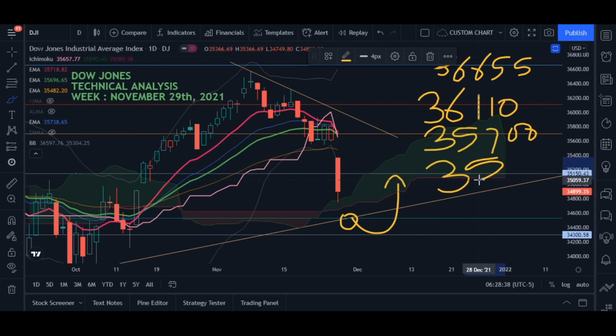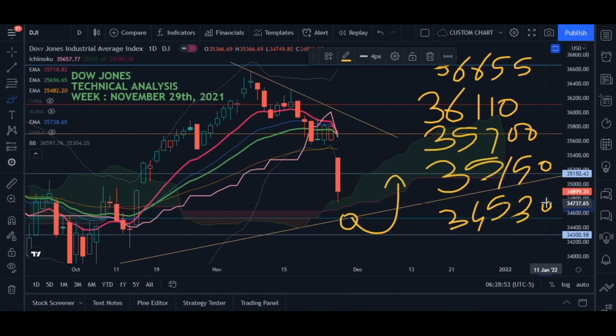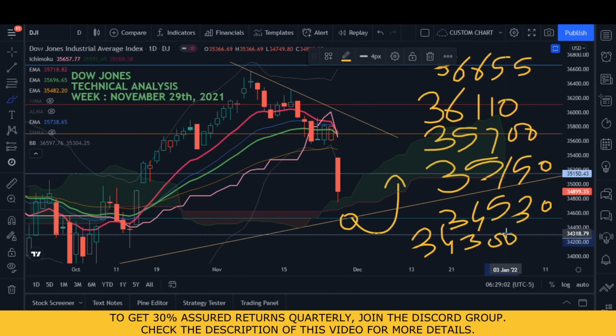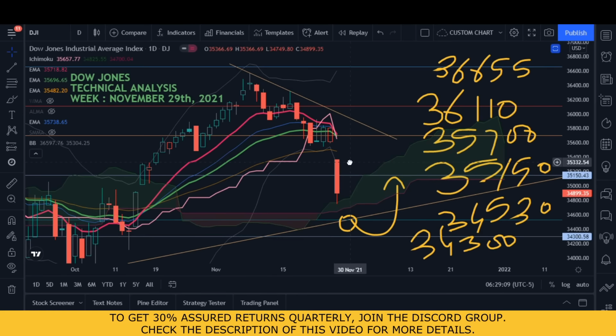So it is at 35,150. Then we have this very strong support at 34,530. And finally 34,300. So these are the support and resistances, and as you know, my support and resistances are absolute,